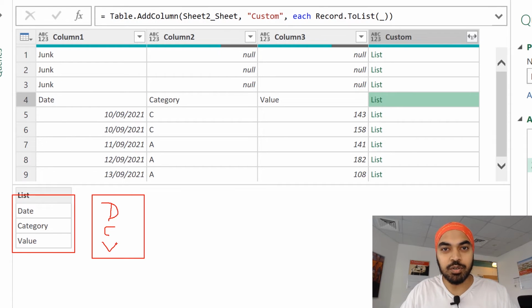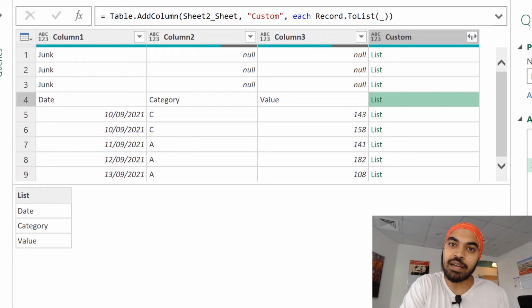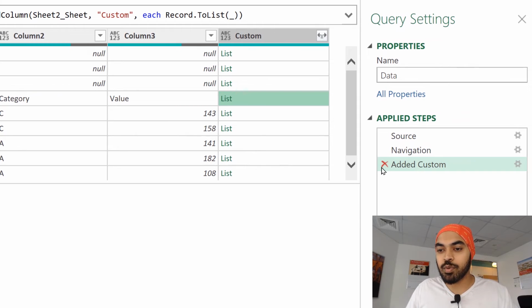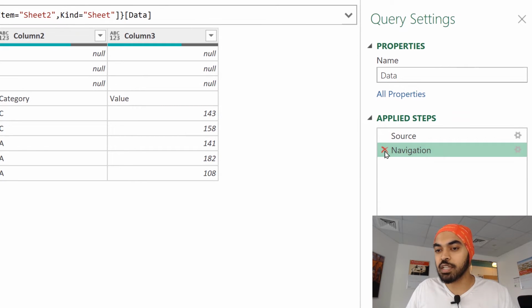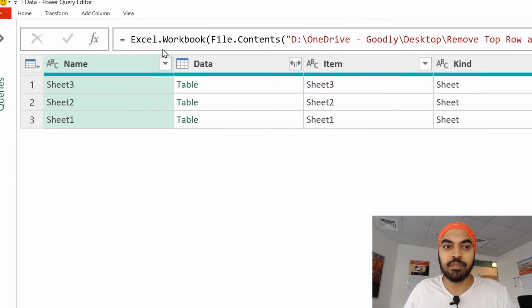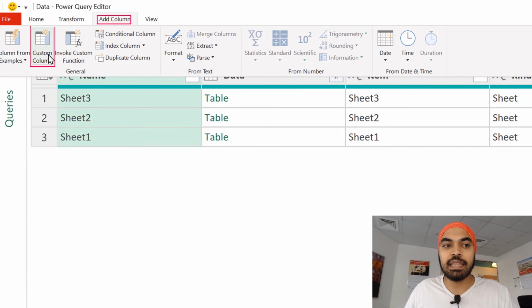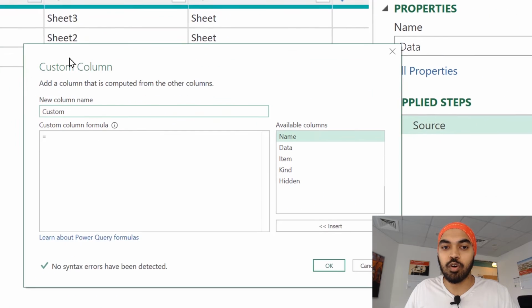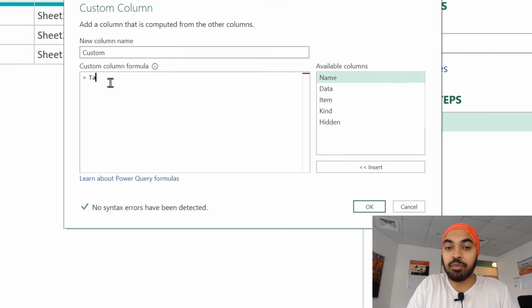Now that you've understood the logic of extracting the record, converting the record to a list, and then doing a match, let's just write a comprehensive M code that actually satisfies this condition, but in all the three tables. So what I'm going to do is get rid of this particular step as well, and get back to the step that I had all the three tables. I'm going to go to the Add Columns tab. In the Add Columns tab, I'm just going to click on Custom Column and start to write my function right here. I'm going to start to write Table.Skip and start the bracket.